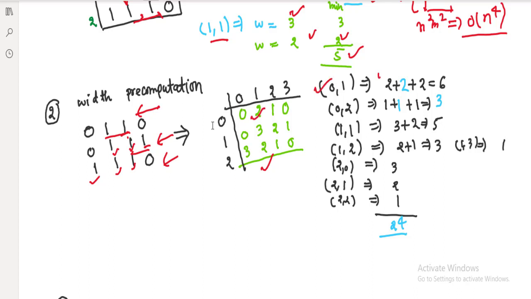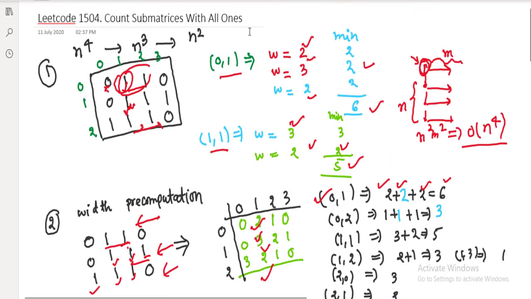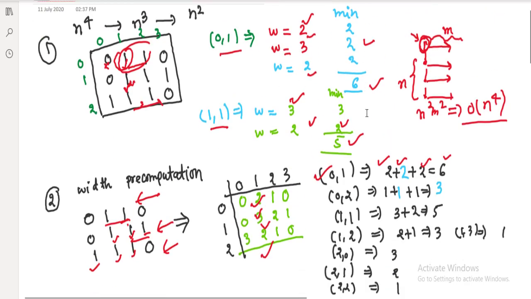What is the width? 2. Now we'll go to the next row. What is the value? 3, but we cannot take 3 because we have to take the minimum. So we take 2. Next index, what is it? 2. Yes, we can take it. So 2 plus 2 plus 2 is equal to 6. So starting with this element, we have 6 submatrices, which we have already seen here also.